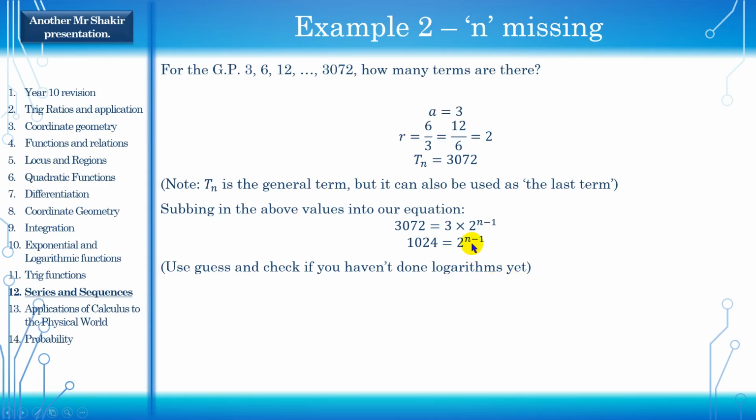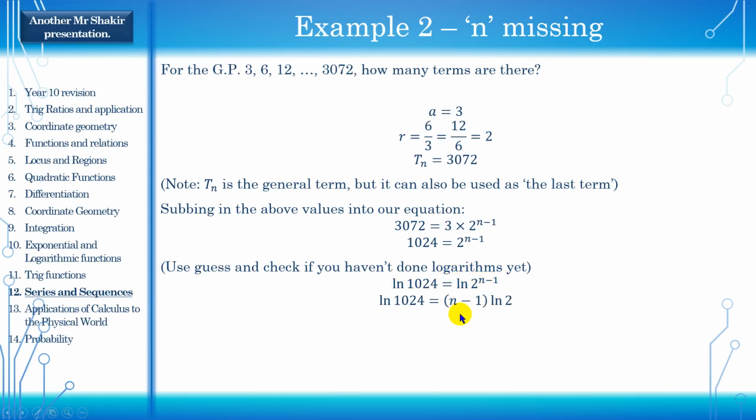Basically, anytime there is a variable, a letter, inside a power, okay, so that's 2 to the power of n minus 1. If it's in a power, you need to use logs. Just log both sides. So just add in the log to both sides. And if you remember the properties of log, that n minus 1 we can actually bring out to the front,